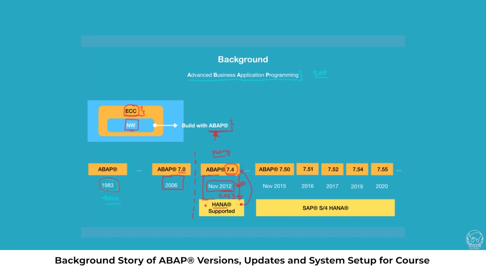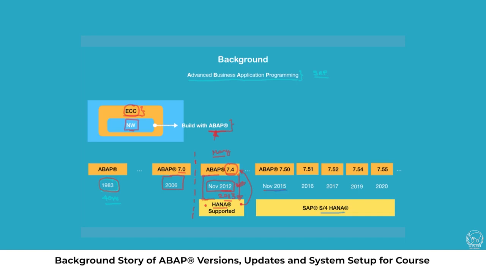You have to bring data towards the ABAP program and then do your part and do your programming features. So we see a major shift here in November 2012 or early 2013 with the release of ABAP 7.4. Now, the next major shift happened with the release of S4 HANA. Now, S4 HANA here is the Business Suite 4, which runs only on HANA database, and it was released in